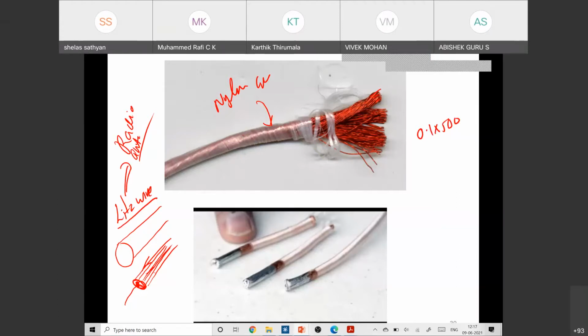This insulation can be removed by putting some chemicals. Or one of the good things is that in the laboratory, if you have a 50 watt soldering iron, make the temperature around 300 degrees Celsius and then solder, and automatically this insulating material will come out. Then you can easily solder and make it one conductor at the end, and that can be connected to the pin or to a PCB.